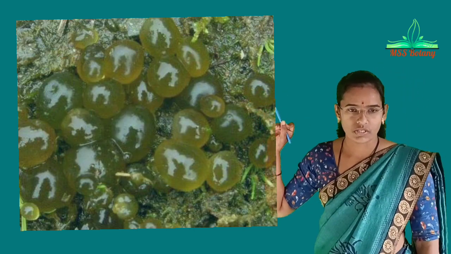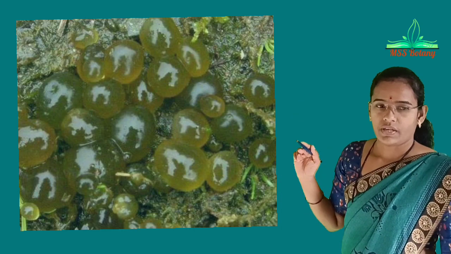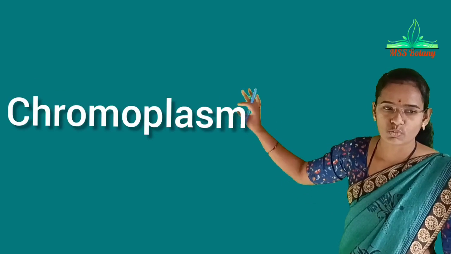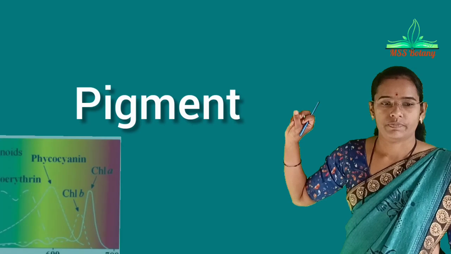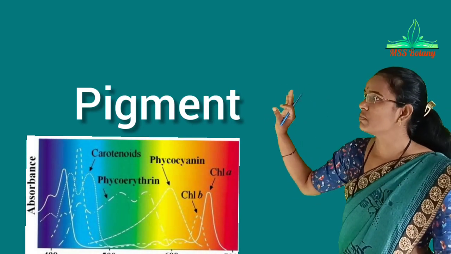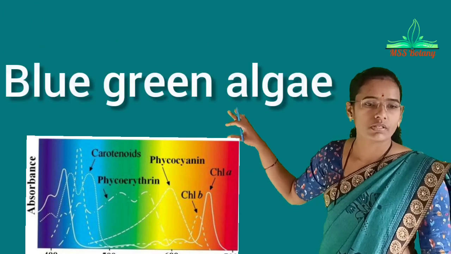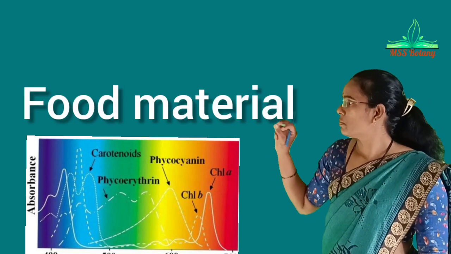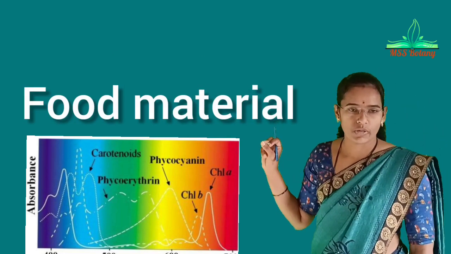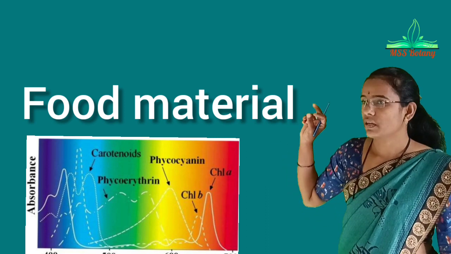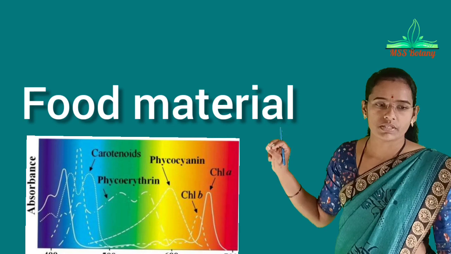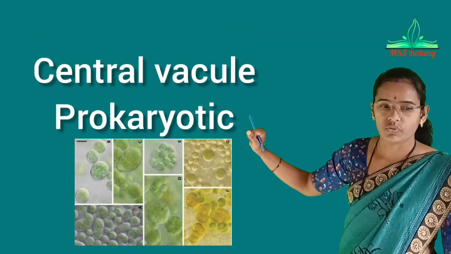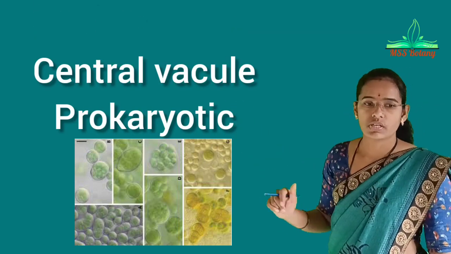Each cell of the Nostoc is covered by the cell wall, and the cytoplasm consists of two parts. The outer part is called the chromoplasm, and it is colored due to the blue green pigment, and Nostoc is also called the blue green algae. It also synthesizes food material, because the pigments present in that outer part take part in food material synthesis. The inner part is called the central vacuole, and it lacks the true nucleus. True nucleus is absent in